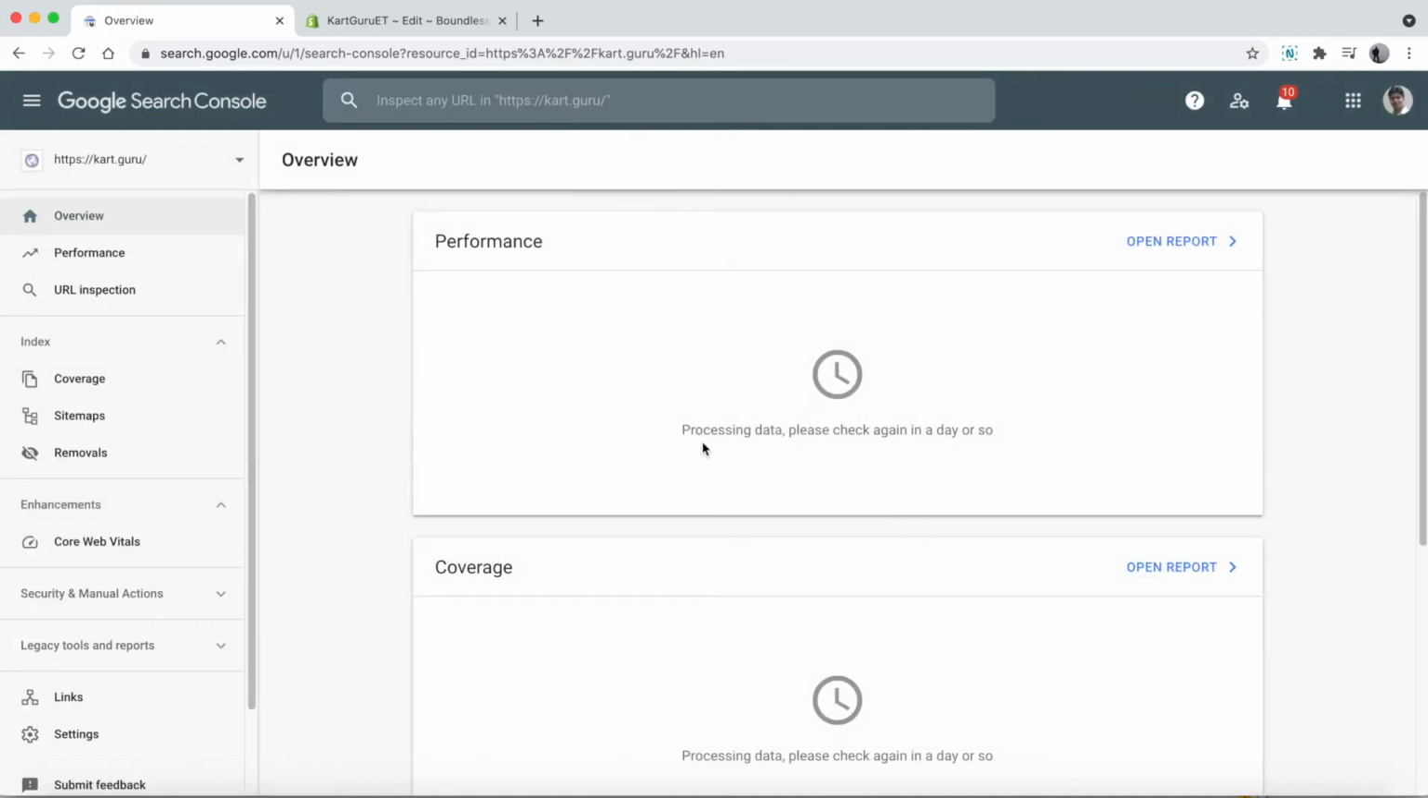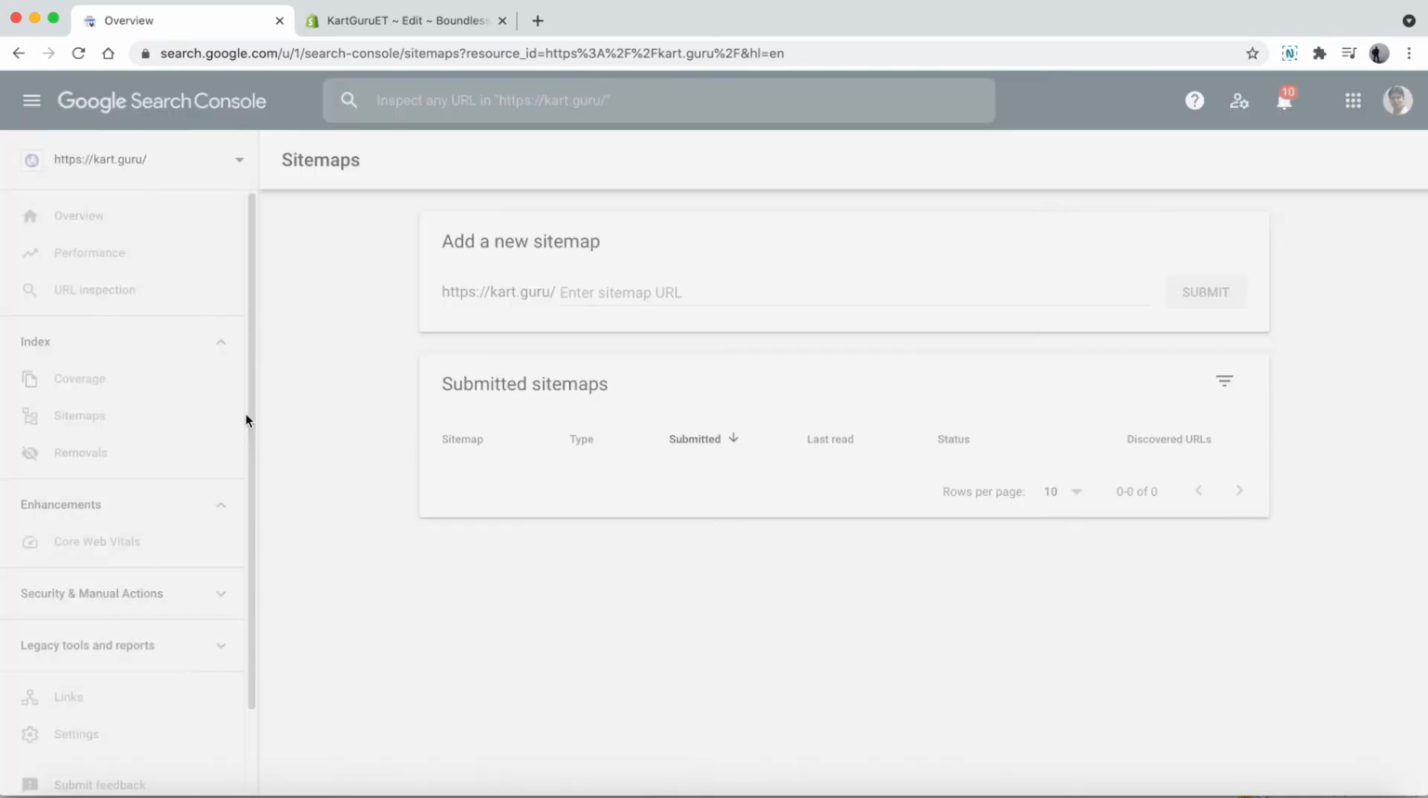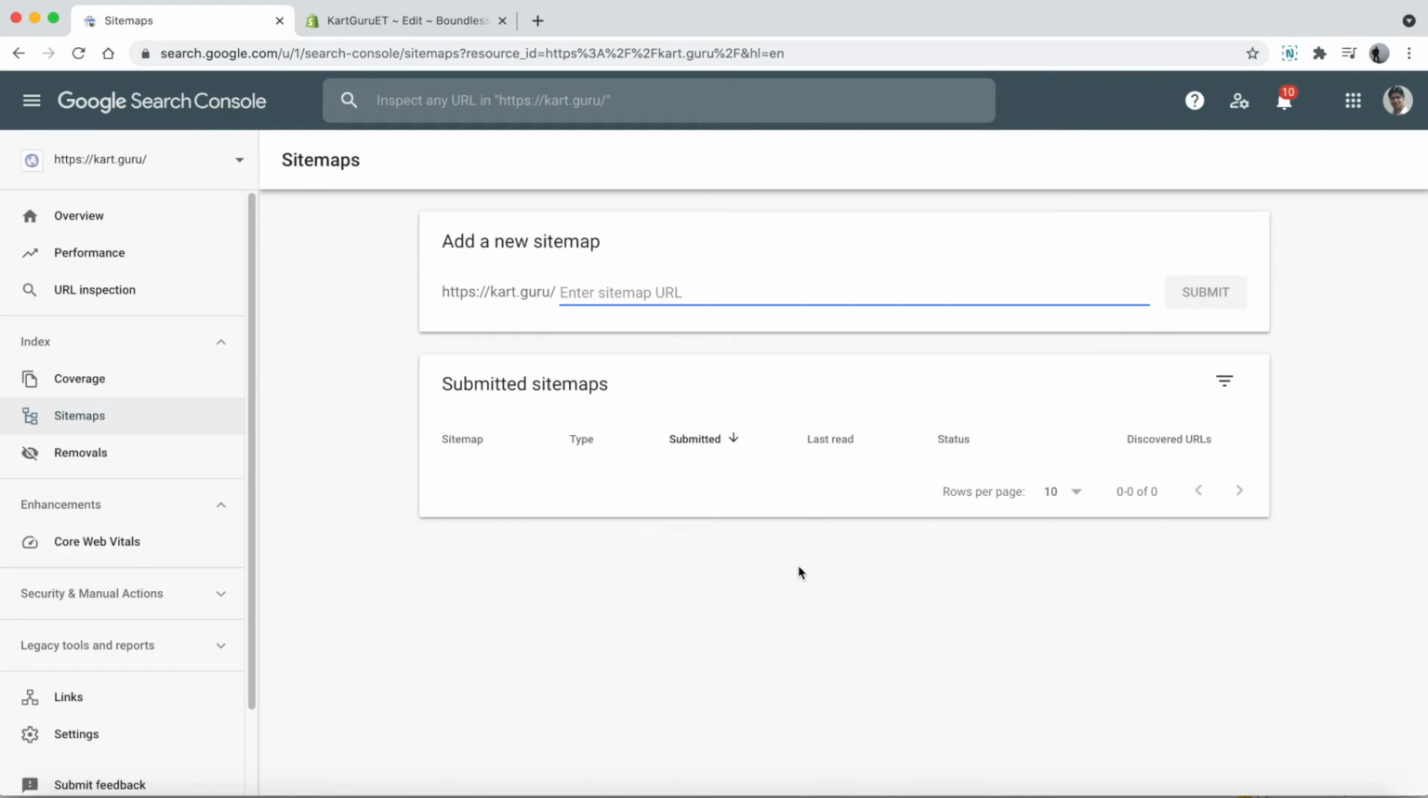At the moment, you will see the data is being processed and Google says to check back in a day or so. In the meanwhile, what we can do is submit a sitemap. So if you go to the sitemap section, there is nothing in here. To create a sitemap, go back to your store,